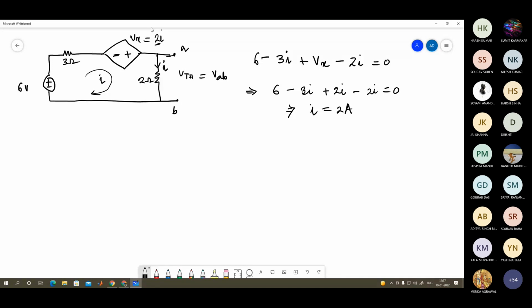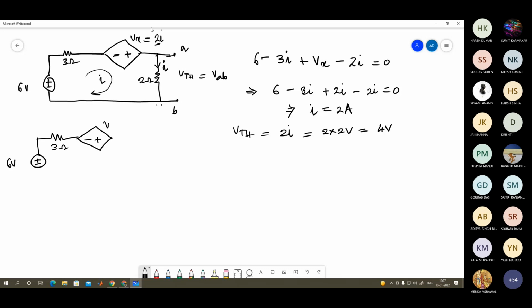So when you know I equal to 2 ampere, then what is your VTH? VTH will be equal to 2 into I here, because this is the voltage drop across this 2 ohm resistor. So 2 into 2 volt, 4 volt, that is your VTH. Now next task is to find out the short circuit current. So if we do that, note this is 3 ohm,